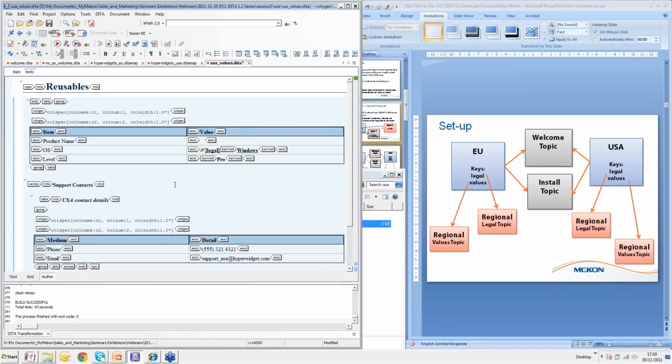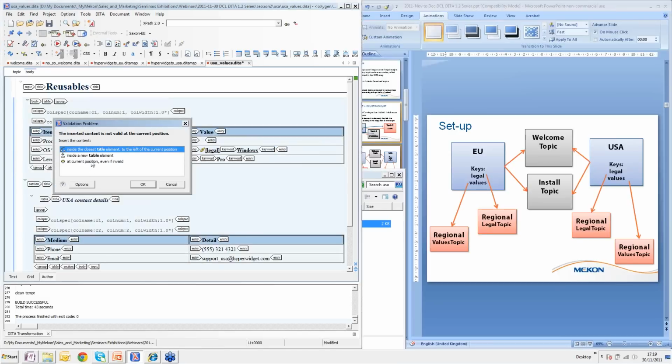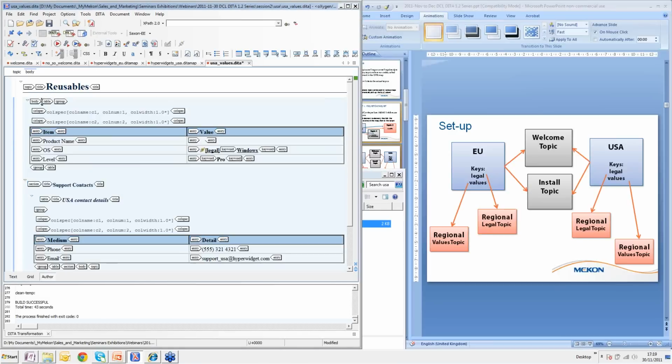Oop. Doesn't want to do that. Sorry, that's just me having fun with my editor. But